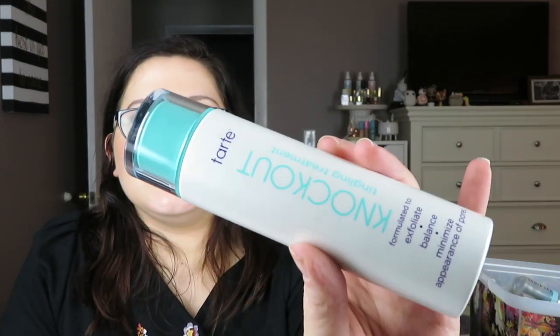And then this is the Tarte Knockout. This is their tingling treatment. I first learned about this from Stephanie Nicole, and she talked about it in her skincare morning and night routine. And I started using this, and I just think it's an amazing product. So it's supposed to exfoliate, balance, minimize the appearance of pores, which you can't really, I guess you can minimize the appearance. You can't really minimize the size of your pores, but it's got